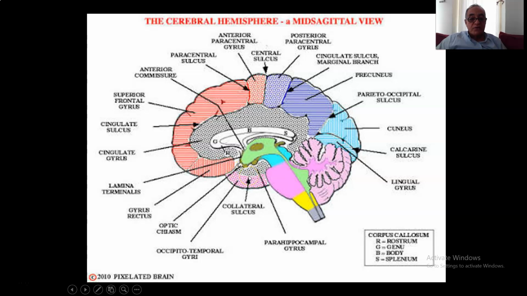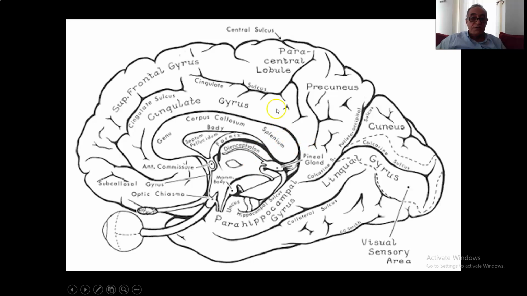And we have other views, as you will see here. This is maybe a better picture, medial surface of the cerebral hemisphere. This is the superior frontal gyrus, this is the cingulate gyrus, and this is the isthmus of the cingulate gyrus going into the parahippocampal gyrus, entorhinal area. And we have the collateral sulcus, and the collateral sulcus separates the parahippocampal from the fusiform gyrus, as you will see, and the calcarine sulcus separates the cuneus, part of the occipital lobe, from the lingual gyrus, and we have here